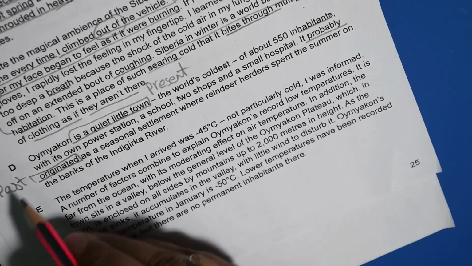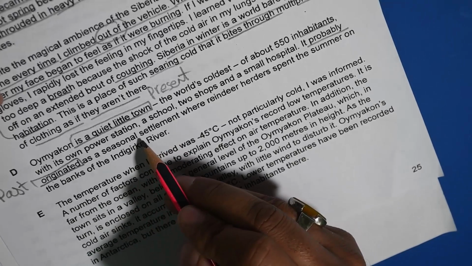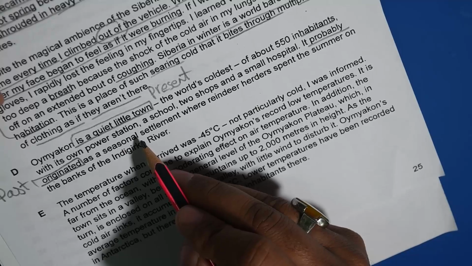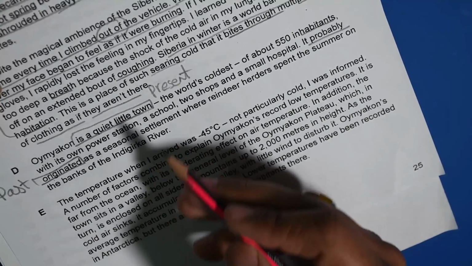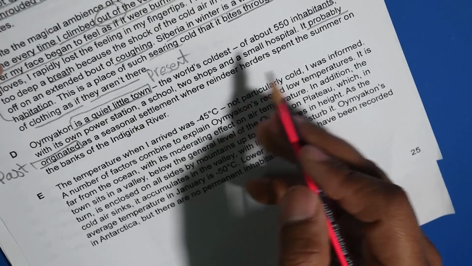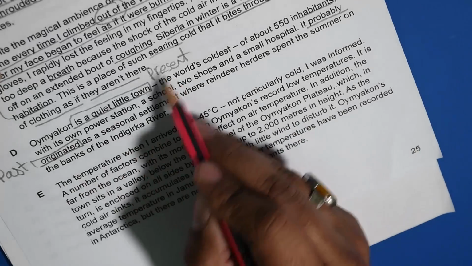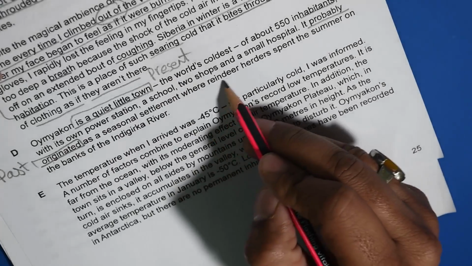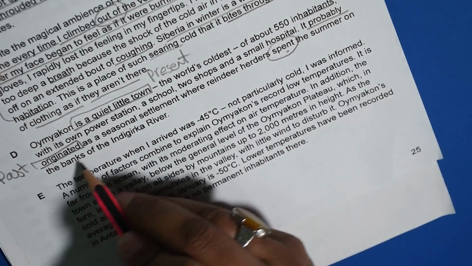So it probably originated as a seasonal settlement. Believe me, after watching these videos, Cambridge people are going to change the test pattern. They are just going to say, well, Asad Yaqub has explained all our tricks, all our techniques and all that. Now we need to change the test pattern. This is present, this is past: seasonal settlement where reindeer herds spent, past tense, the summer on the banks of